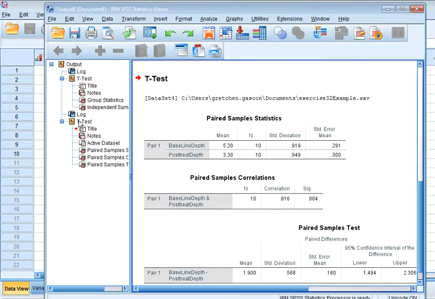And so the output is we get the mean of the individual groups, the samples. These are the two different variables, the baseline and the post-treatment. There are 10 of each of those, and the standard deviation for each of those. And then we have the paired correlation,